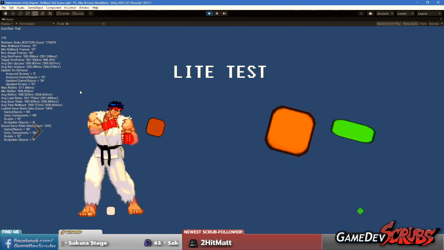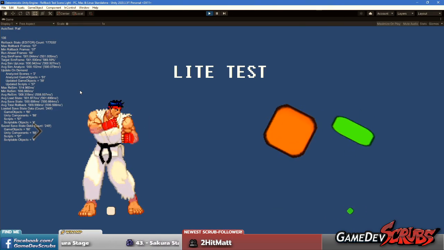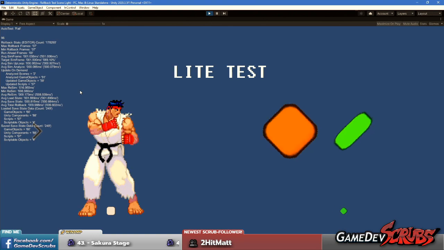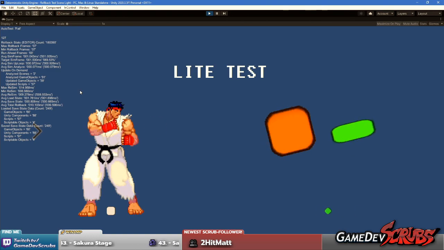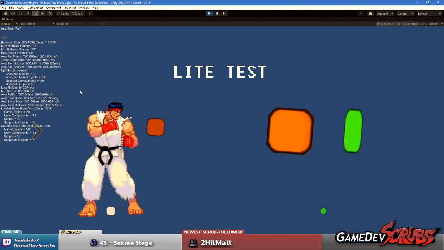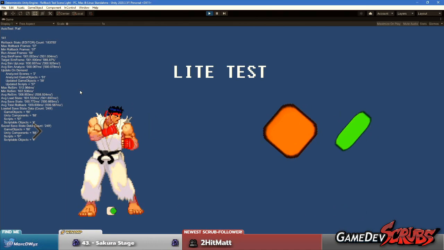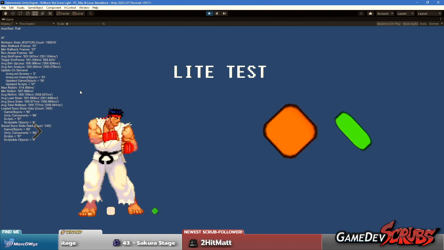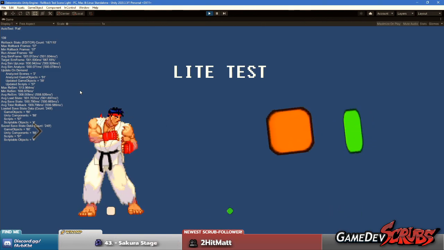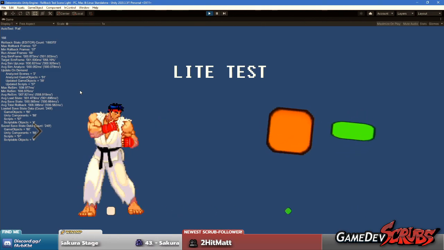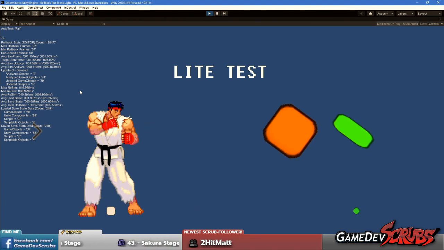Like in Guilty Gear Strive, they say how many potential rollback frames can happen at that point in time. Or in the older Guilty Gear games, they'll tell you the delay at the top of the screen. You don't need to show player 2 that. Player 1's delay might be different than player 2's. Player 1's rollback frames might be different than player 2's. So that's going to be displayed on each person's screen differently and in different locations. That data is not necessary to keep the game in sync, and it's not necessary to keep the visuals looking the same on each side because they're intended to be different.